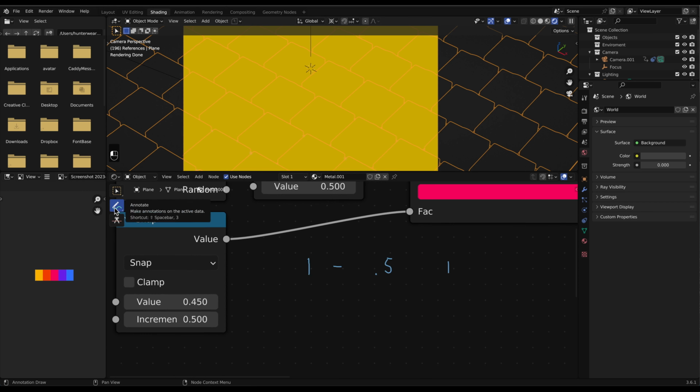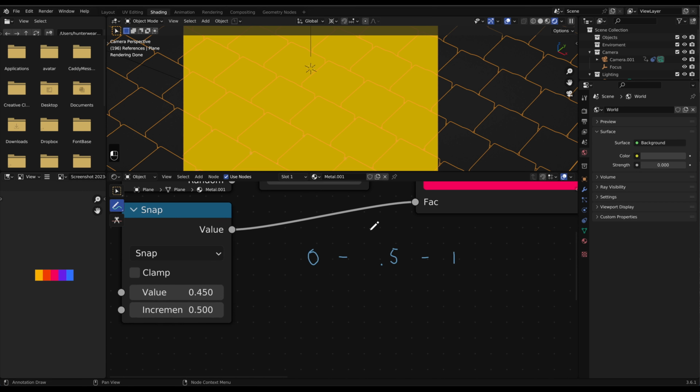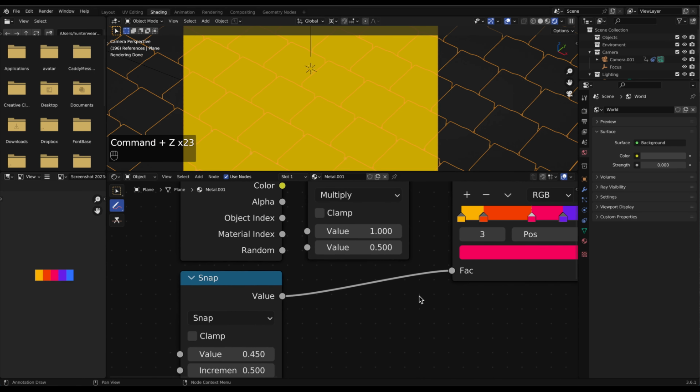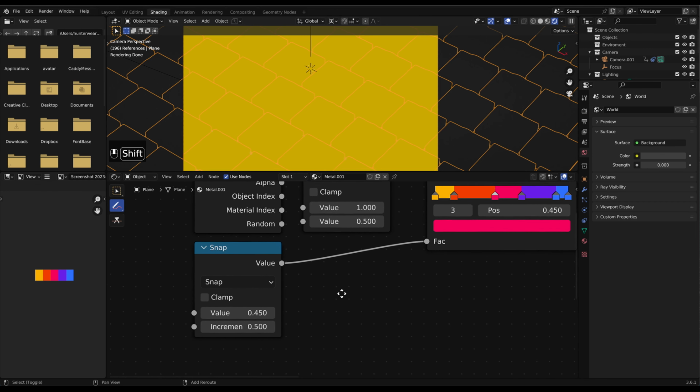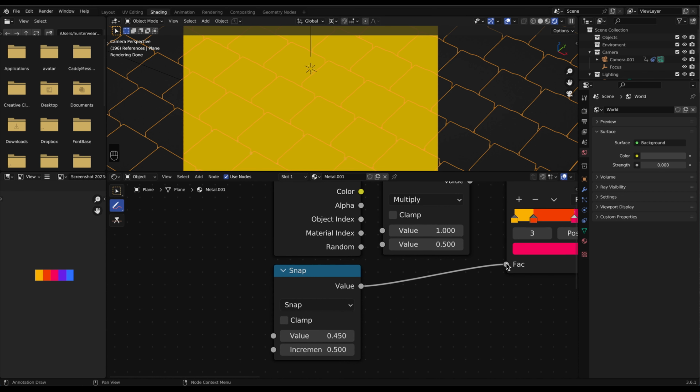This one will actually be, let's get our razor out, this one will actually be 0. So it's going to be a value of 0. So if we have a value of 0.45, it's going to sit somewhere here, 0.45. And then what it's going to do is snap down. So it's going to snap down to the increment below it. So it's going to go to 0, which is the yellow here. So what can we do? Well, we can set this to a value of 1 if we would like, which we're going to do later.